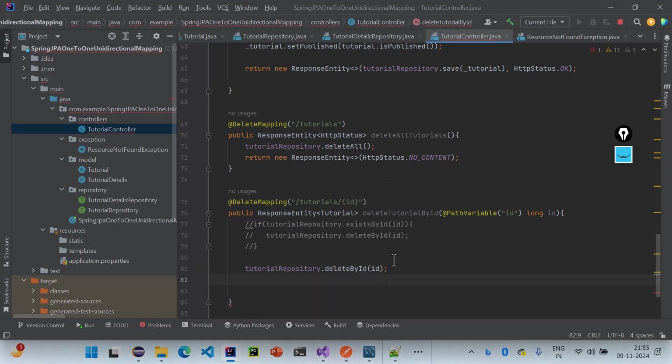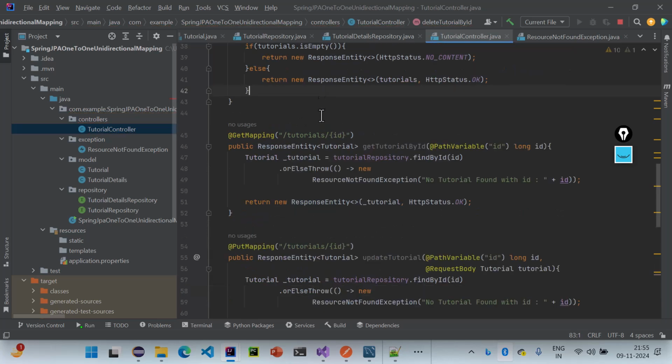Once we delete part, all I will do is return 204 no content. This last one is what is being published and what is not being published. So for that